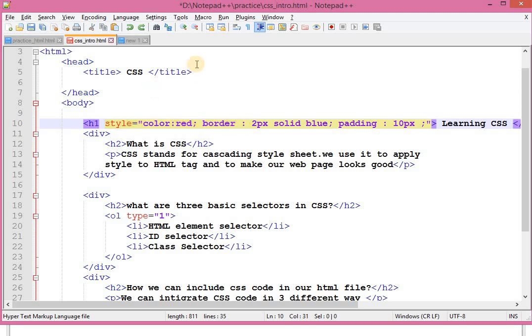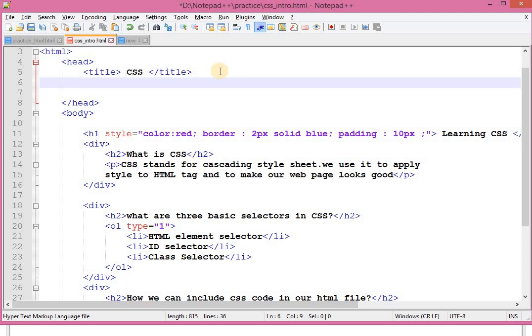Now what I am doing is applying this CSS code in a separate section, that is in our head section. Whenever you want to include your CSS code separately within the web page itself, then you must do it in your head section.